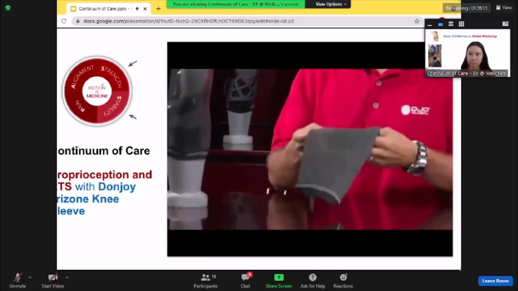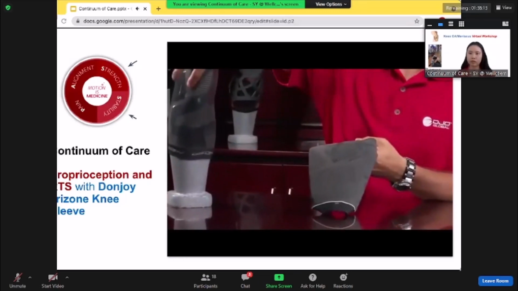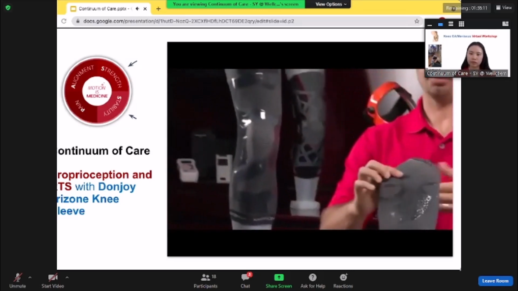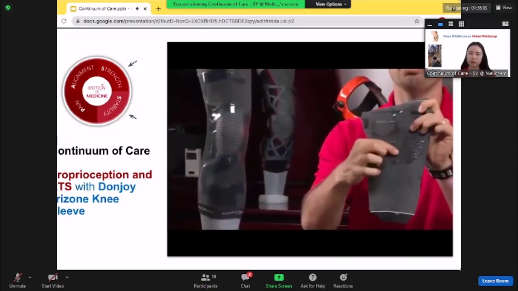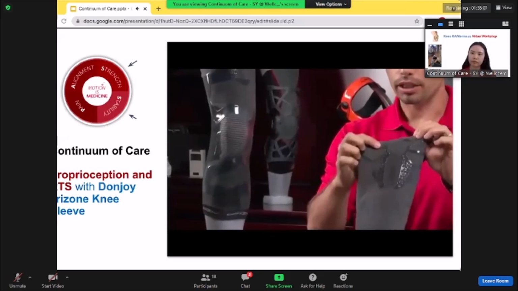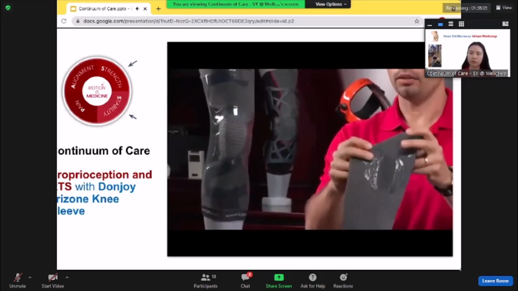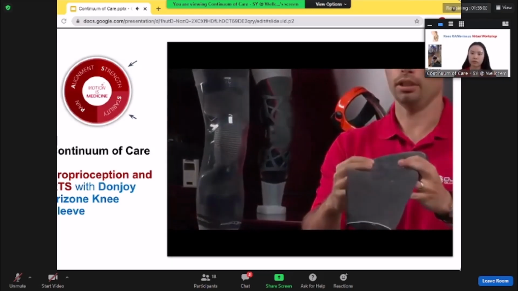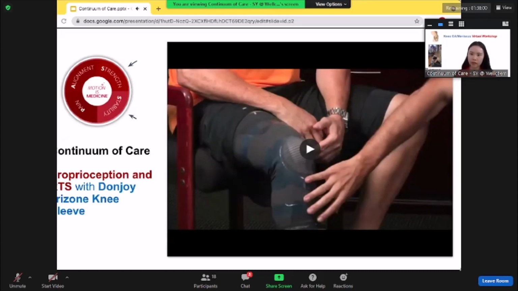It also has silicone right around the patella area, which is your kneecap. And that helps to grab the musculature and the bone around your knee to really target that knee pain and give you a high level of performance during your activity. Okay, so the Trizone has different zones of stretch properties. So this actually maximizes the proprioceptive feedback when the patient is wearing the brace and doing their sports.